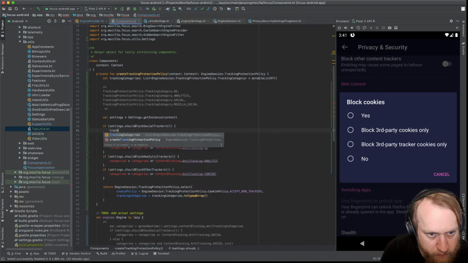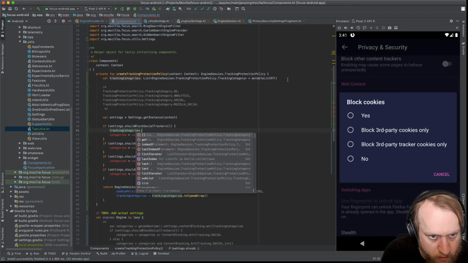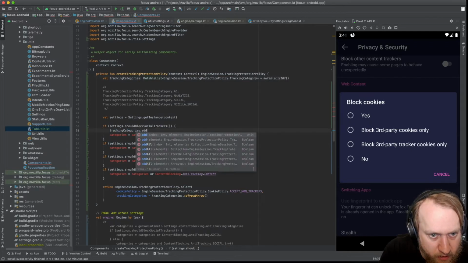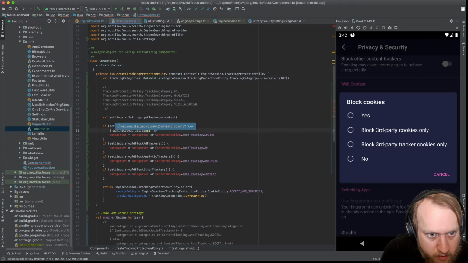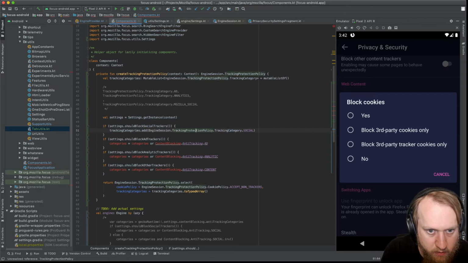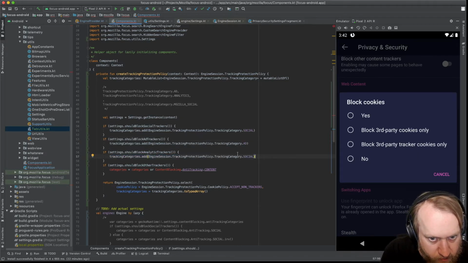Okay, and if we should block social trackers, then we, okay, first we need a mutable list, otherwise we can't add anything. Then we add tracking protection policy category social. And if we want to block ad trackers, we add the ad category. And if we want to block analytics trackers, and then